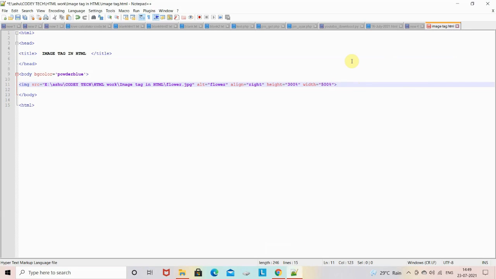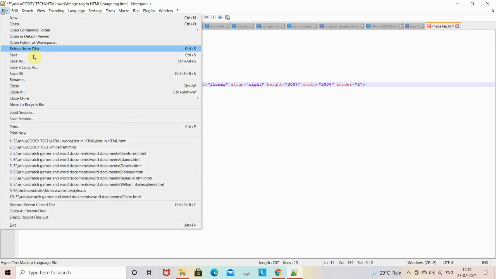Now the last attribute that I am going to explain with the image tag is the border attribute. This is actually used to enhance your image. With the border attribute, you can give the thickness of the border, or you can insert a border around your image. Inside this you will write the thickness of the border. I will write 5 and just save this document.